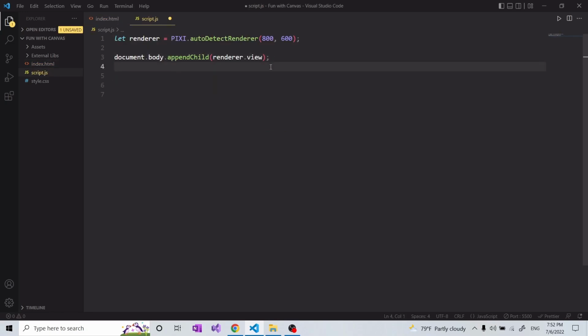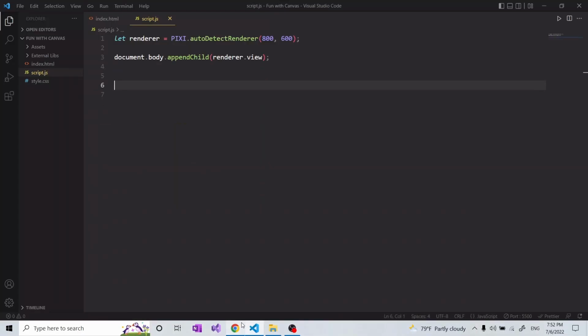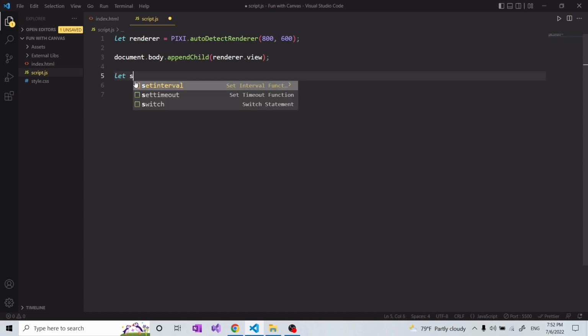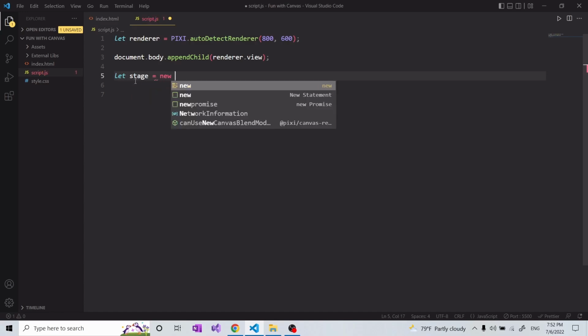Okay, now our render is actually working, but we have a render but nothing to render from. You can see nothing actually happened in here. And why is that? Because we need something that's called a container object. This container object, we call it stage, we can call it root as well. And simply, think of it as a container with all of the things that you want Pixi to display for you. So I'm just gonna say let stage, and I'm just gonna say new